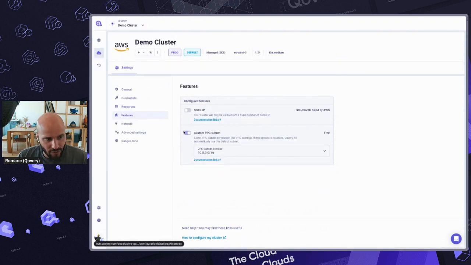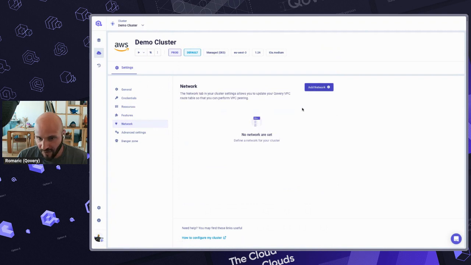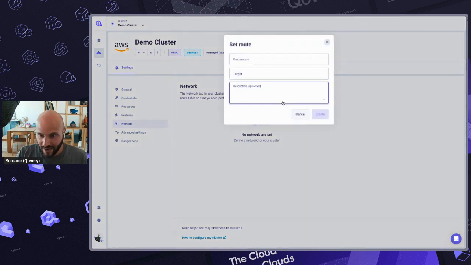I just want to focus also on the network. I mentioned that you can choose the subnet and the VPC. So you can do what we call VPC peering. Let's say you need to interconnect the cluster that is created by Qovery, the EKS one, with another network on your existing AWS account. You can do what we call VPC peering. So you can basically say, hey, that cluster wants to get access to an existing RDS or MongoDB